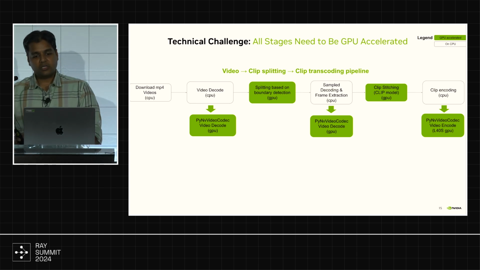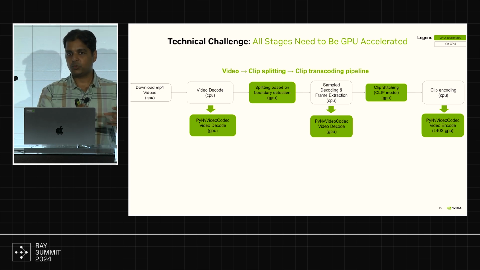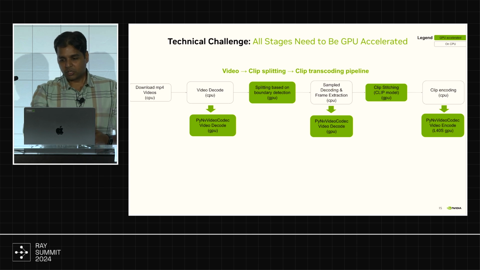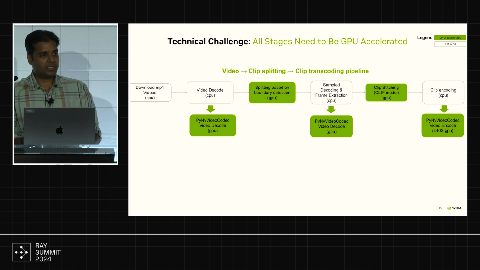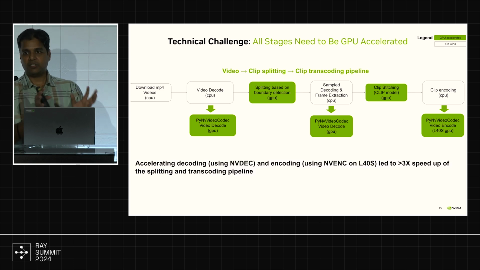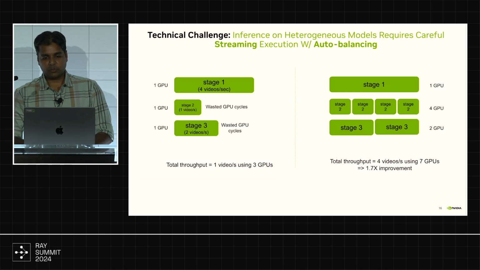Now, except AI models, these are videos, so we also do a lot of decoding and encoding as part of the pipeline. Every time you want to do processing on a video, it's all compressed, right? H264 and other formats. You decompress it. If you do it on the CPU, it's very inefficient. NVIDIA GPUs have hardware encoders and decoders, and we leverage them. The top part shows our splitting and transcoding pipeline, where the green ones are things that run on the GPU and the white ones are ones that don't. So we moved all the decode and encoding stages to the GPU and then did the same acceleration on it. And we got a 3x speed up of this particular pipeline just by going onto the GPUs, right? So use GPUs for decoding and encoding.